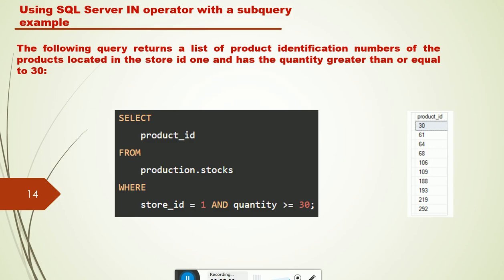So see here, the output is. Clear to everyone.